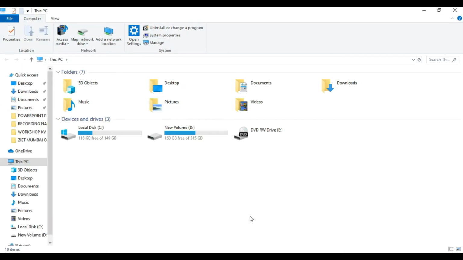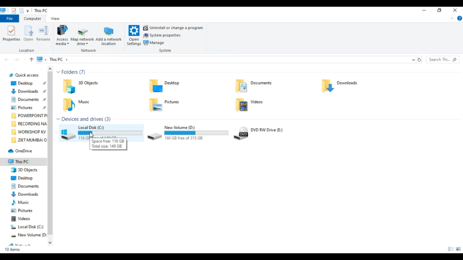Then a window opens showing folders and drives. Based on the way your computer has been configured, you may have C and D drives only, or you may have C, D and E drives, or you may have C, D, E and F drives. The computer I am using contains C, D and E drives. Now out of all these drives, drive C is reserved for putting the operating system. The operating system that you are using, it may be Windows 7, Windows 8 versions like 8.1, 8.2, etc. or it may be Windows 10.